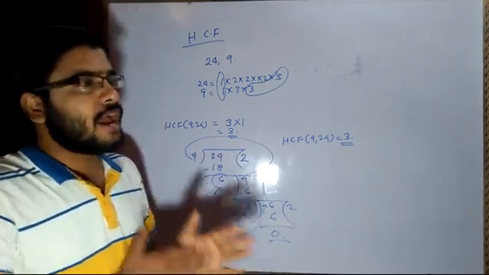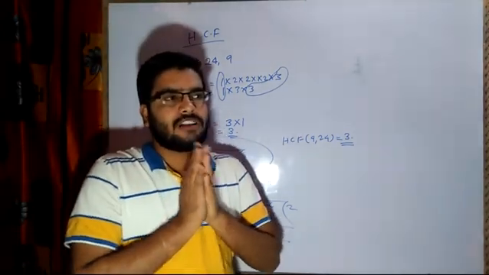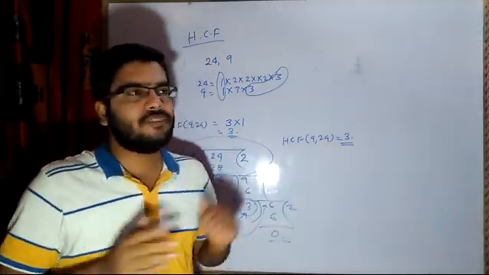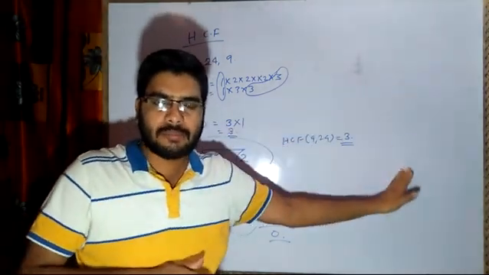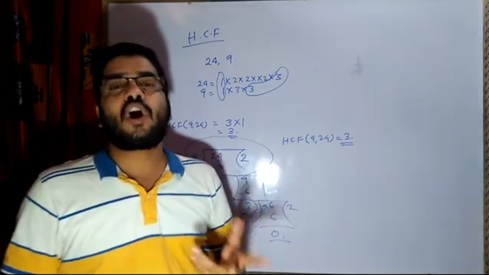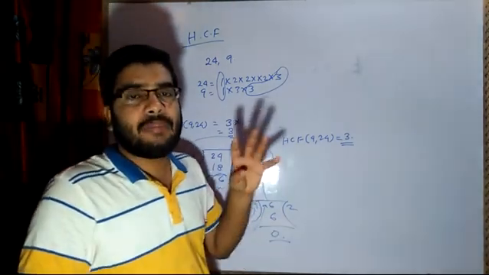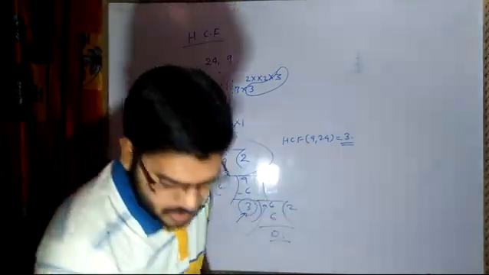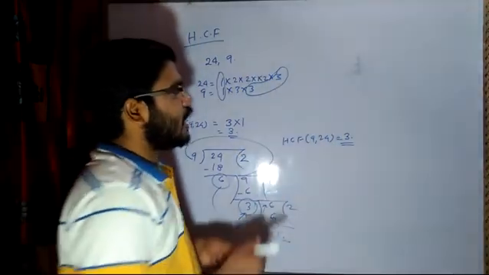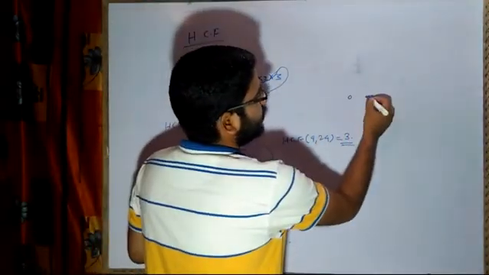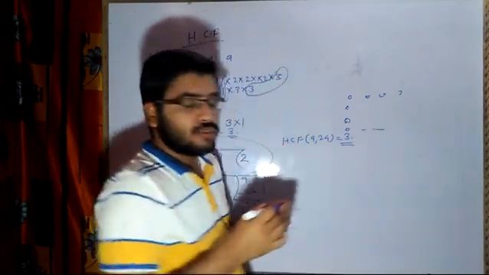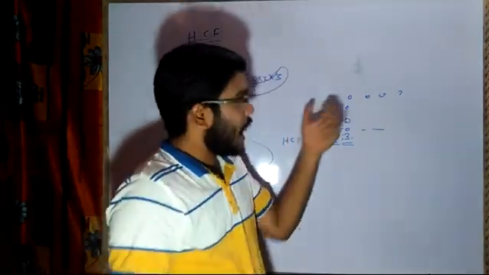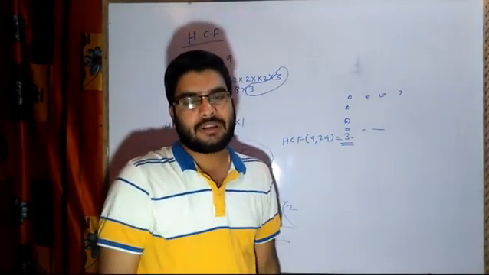Suppose, for an example, I have a garden in which I have to arrange the flowers in rows and columns in such a way that there should not be any flowers left. I will be having sufficient amount of flowers, right? So in that case they will ask you how should you plant the flowers, or how should you do certain work so that you will not have any extra flowers left.